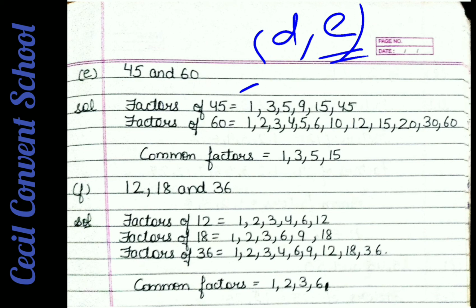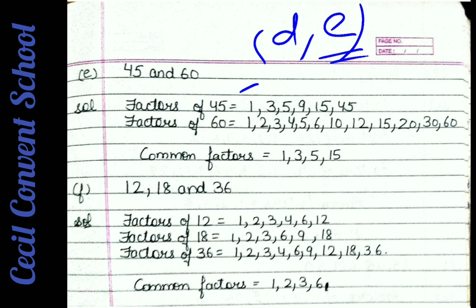Clear? Now you will find the factors of 60. 1 60s are 60. 2 table, 60 comes, 2 is an even number, 60 is also an even number, 2 30s are 60. 3 table, 60 comes, 3 20s are 60. 4 table, 60 comes, 4 15s are 60. 5 table, 60 comes, 5 12s are 60. 6 table, 60 comes, 6 10s are 60. So all these are the factors of 60. Clear? Means after 6 it is coming in 10, then 12, 15, 20, 30 and 60.